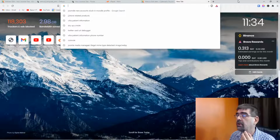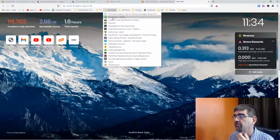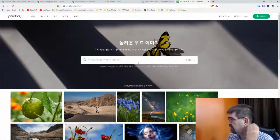All right, so let's go up here now. Let's find a picture for this. Free media. Let's go to free images. Here's a weird thing that happens. It used to happen on my Chrome, and now that I'm using Brave browser, it does not remember the language, the default language. And I've tried this using...